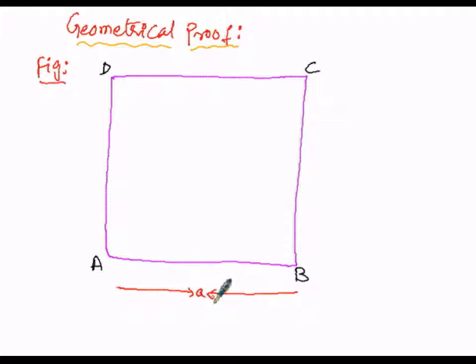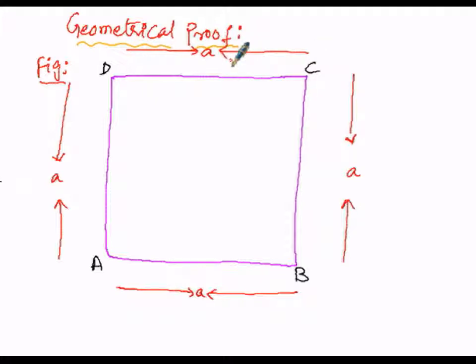Since it is a square, all sides are equal, so AD will also be a units, similarly the length of BC will also be a units, and similarly the length of CD or DC will also be a units. Later I am going to divide sides AD and BC by means of another line, that is EF.